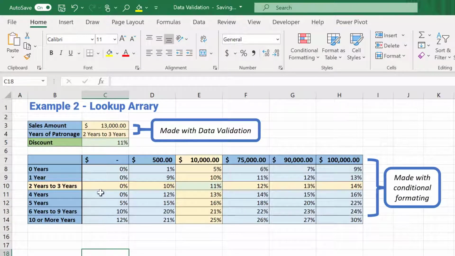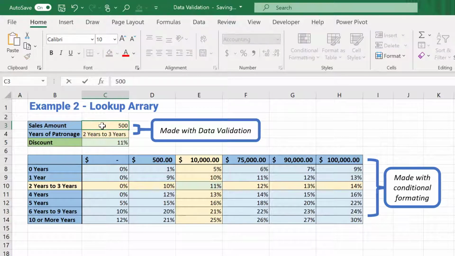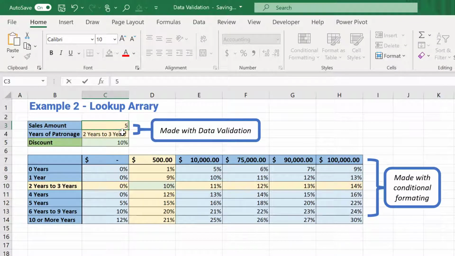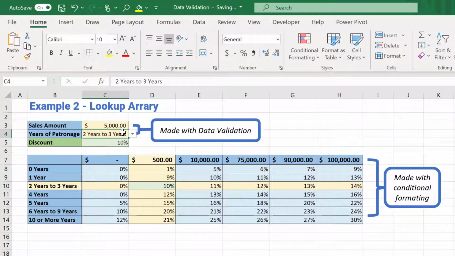In our second example, we have a custom lookup array. In my sales amount field, I'm only allowed to type in a number. In my years of patronage field, I can only select the available answers from the drop-down menu that correspond to